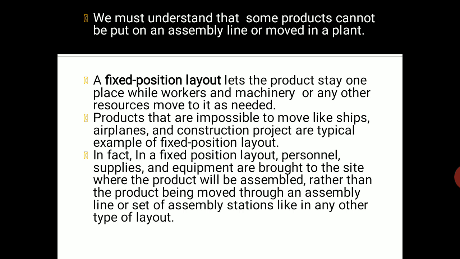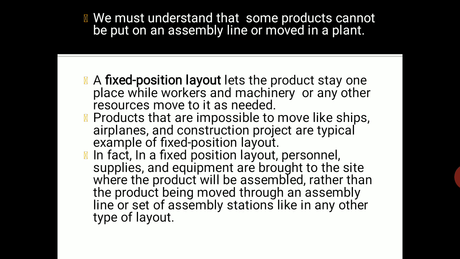In the process layout, we had the example of different departments, like the milling department, grinding department, maybe the receiving inspection department. Likewise, the things were being taken up according to the functions and the machines were grouped likewise. Here in the fixed position layout, what you have to remember is the example. We have to remember maybe shipbuilding, aircraft manufacturing, or any construction project wherein we produce things but the product itself does not move. Instead, everything else which is required to produce the product comes there